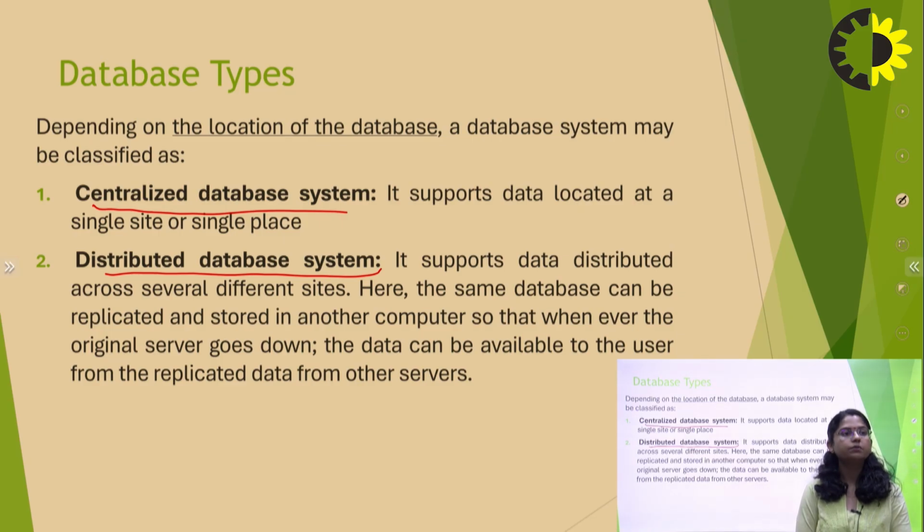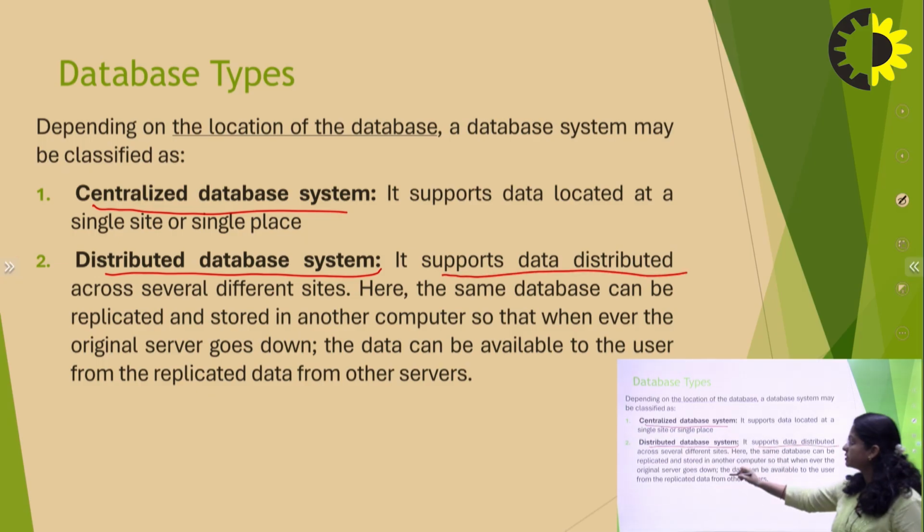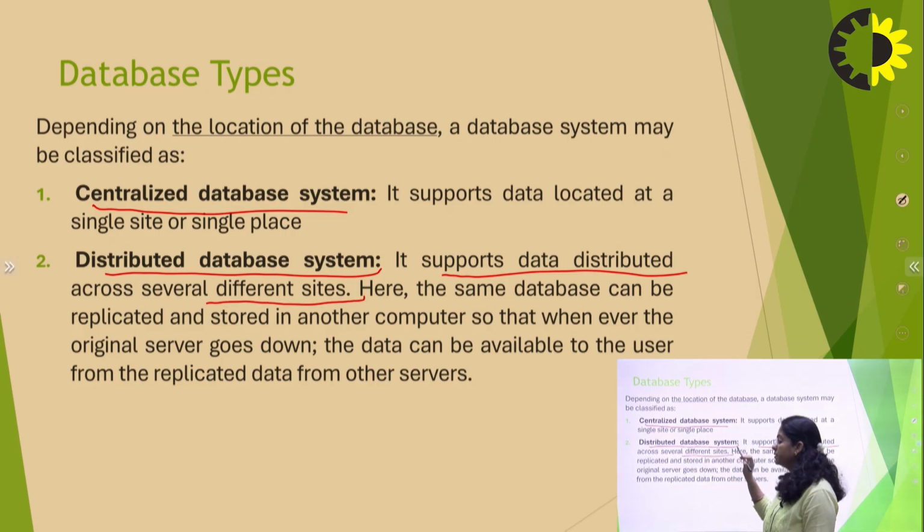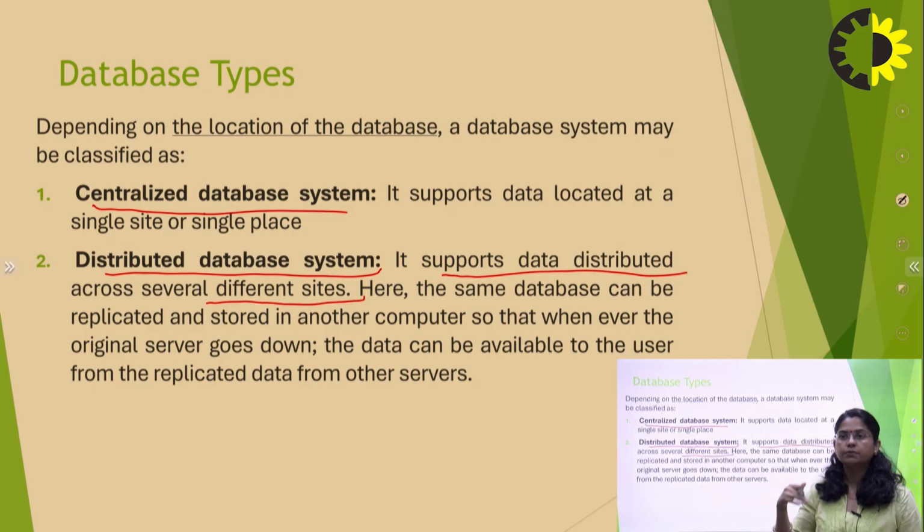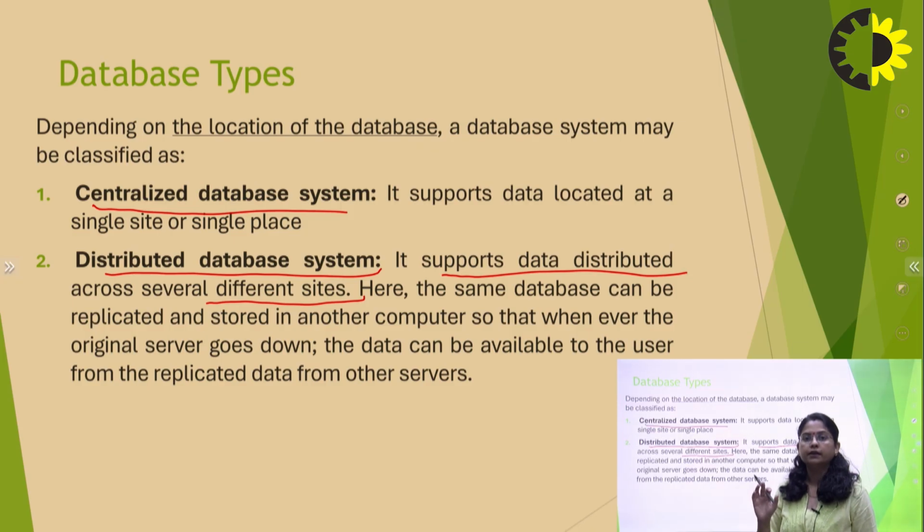A distributed database management system supports the distribution of data, but at the view level it is not visible. Nobody can identify that the data is coming from different sources at the view level. So, the distributed database management system supports data distributed across several different sites. Some data is stored here, some in another city, but we can retrieve data at the same speed